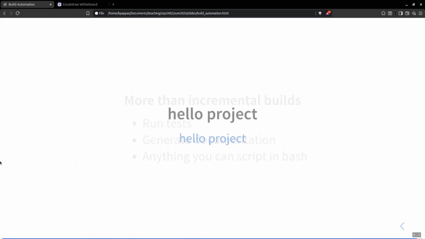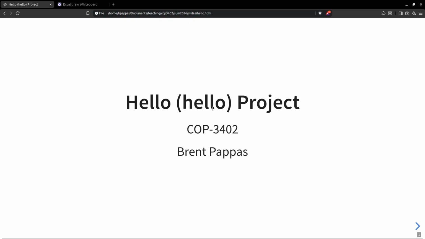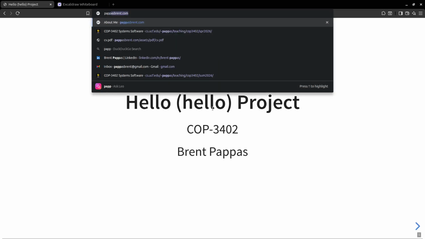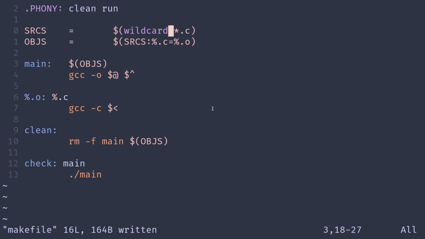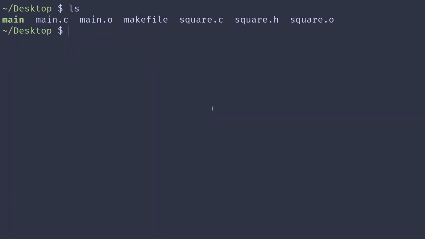Variables, run tests, hello project. I didn't go over this project, let me show this really quick. Actually, before I do, one more thing I want to show you that's going to be pretty important for you writing code here. I'm going to make a Git repository here. git init,